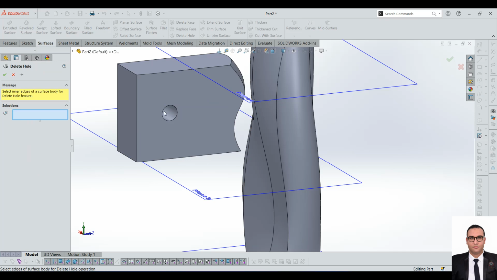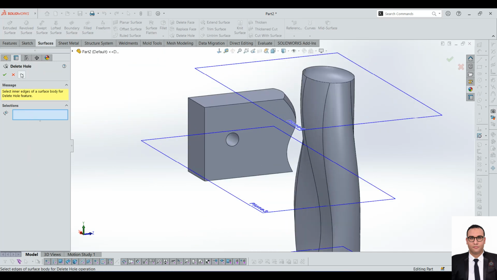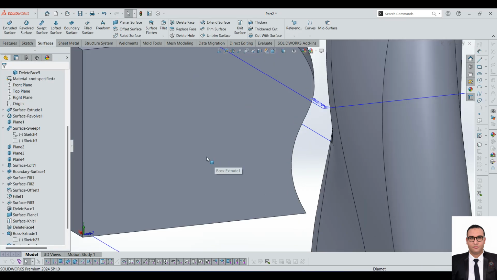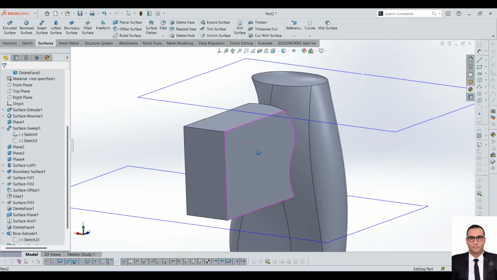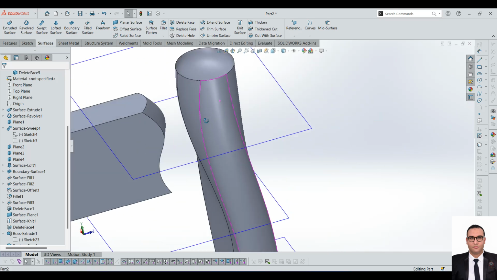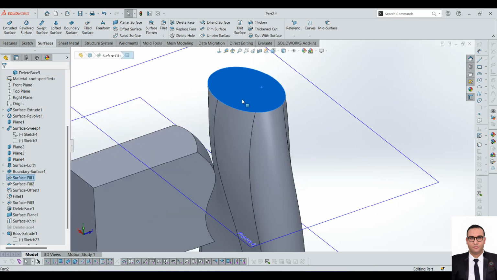Okay, now that we have a hole, we can delete that hole by this function here. Go to the hole and select the edge, or maybe go to the face here and delete and patch, and by doing that we'll be deleting the hole and fixing it. Okay, see what happened here? Now it is fixed. This function here actually is for the delete face, and try to remove it, and